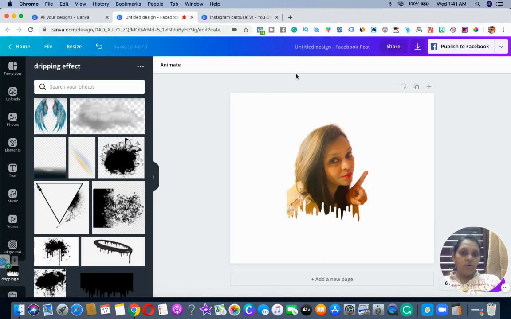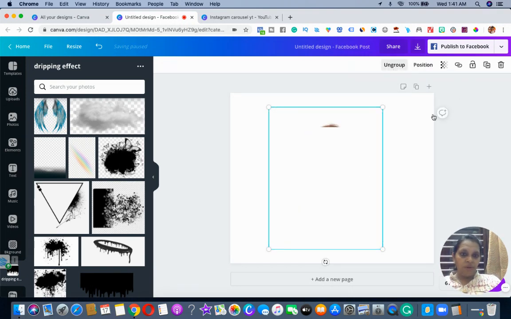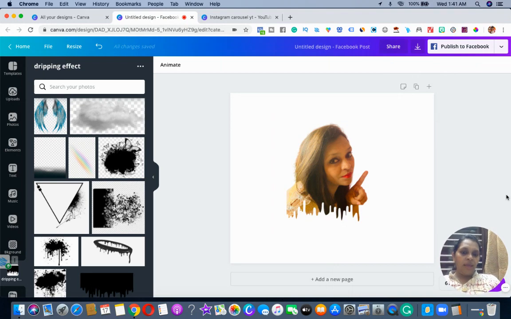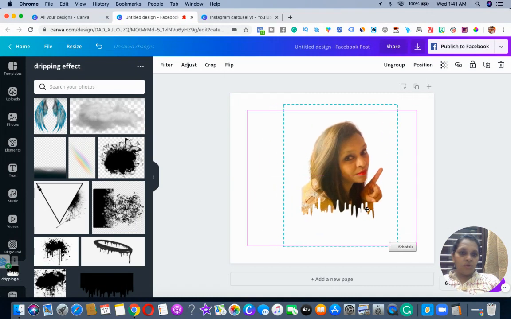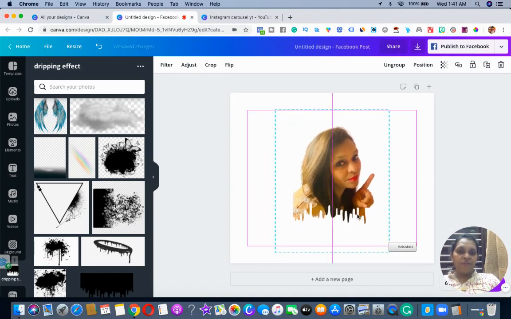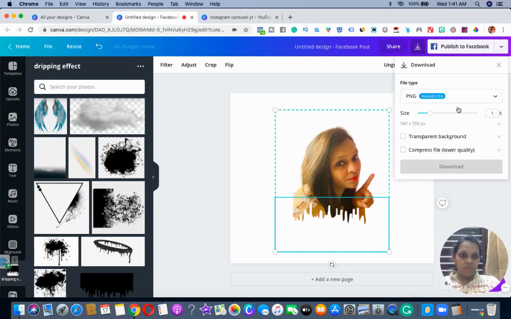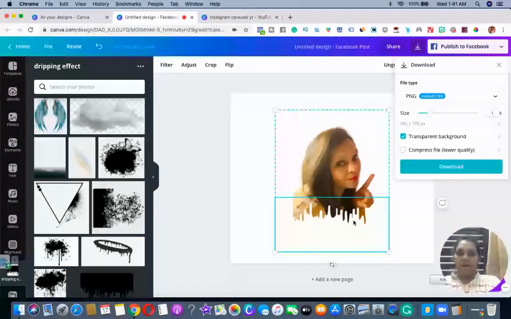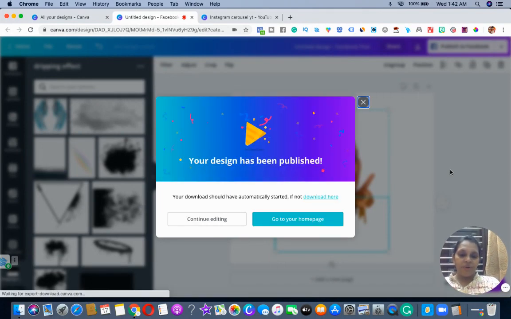All right, so what you need to do is you just need to combine it. Okay, group it. Once you group it, you can see here you can move it here and there. So this is one way of doing it, and after that what you need to do is click on download, and click on transparent. Sometimes this doesn't work, guys, but still I will be sharing it with you. You just need to click on download. Okay guys, so once you download this particular image with transparency,